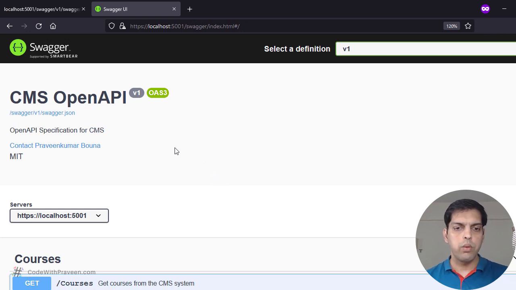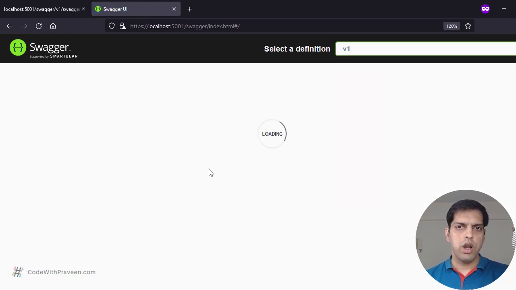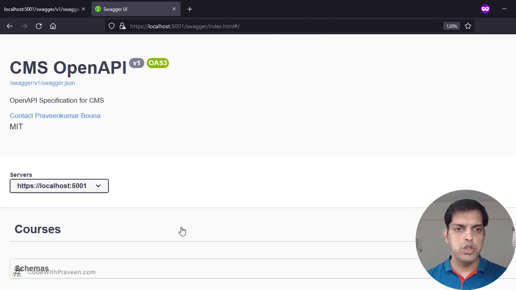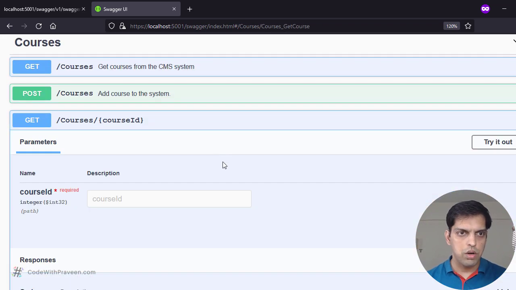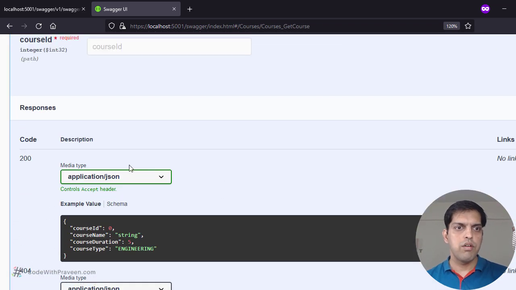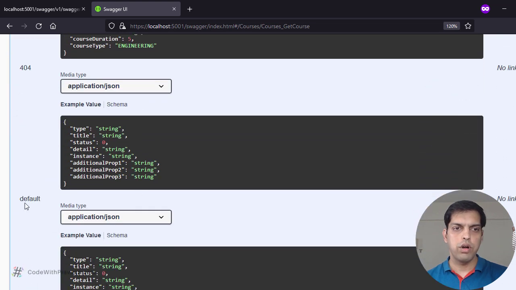Once we come to the Swagger UI, let me refresh it. And what I'm expecting is for the get courses for the individual course ID, it should have those response types defined. Let's go and check it out. So we have 200, 404, and the default. So all these attributes are coming from those API conventions that we have just added to the get courses method. Similarly, you can add these default API conventions along with the appropriate method to some of the action methods that you have in the courses controller. So this is the first approach of applying at the individual action method.